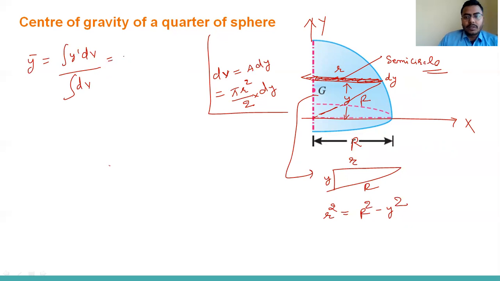Now put the value of y dash. So see, the segment we have taken is this, the centroid will be here. So that is the distance y from the x-axis. So y dash in this case will be y. dV we can write as pi r square by 2 into dy, divided by integration of dV. So it will become